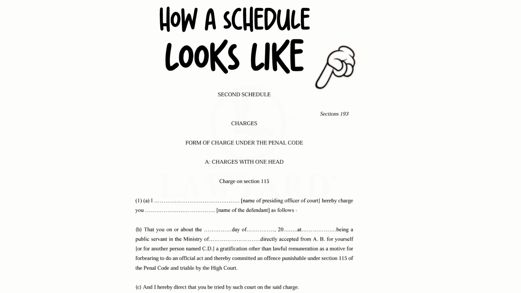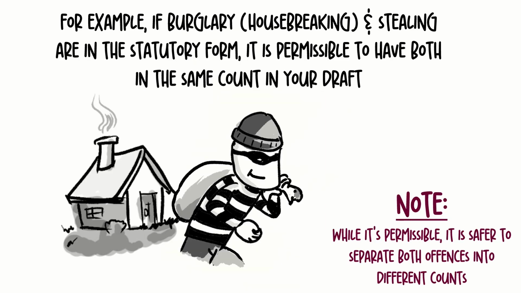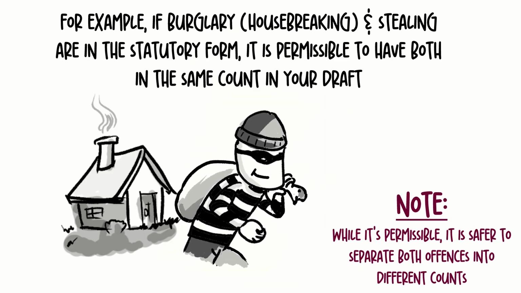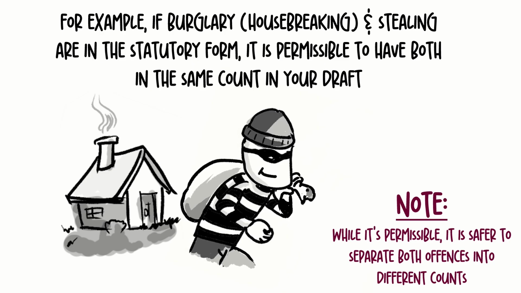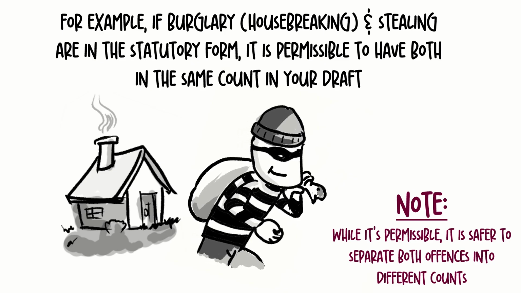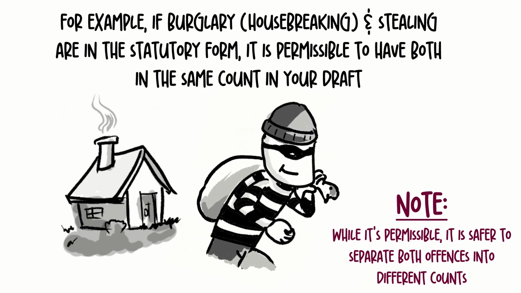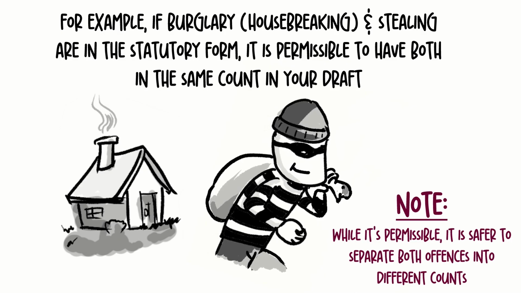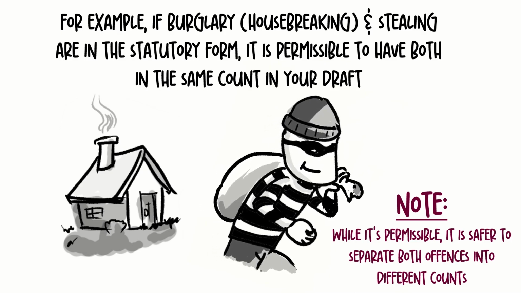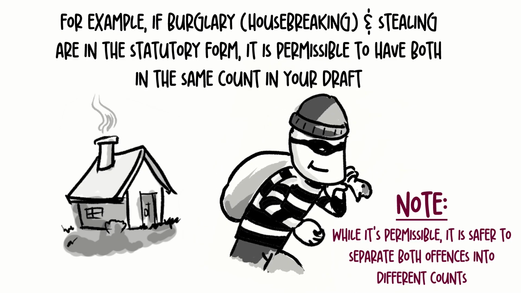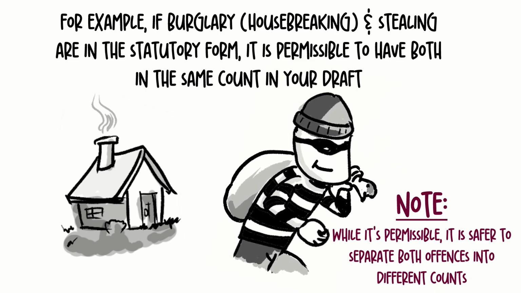If you check some laws, at the end where a schedule is, you will see provisions for 2 offenses put together. For example, housebreaking and stealing can be put together in the same count. What's happening there is that the law assumes that you break into a house in order to steal, so it just creates provision for it when it eventually happens. Now, if you are drafting a charge, instead of separating housebreaking and stealing into 2 separate counts, because the law gave it as an example, you can put them in one count.